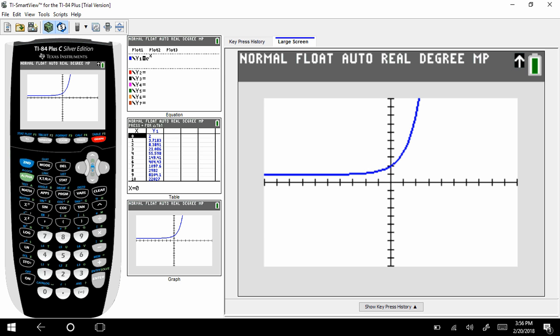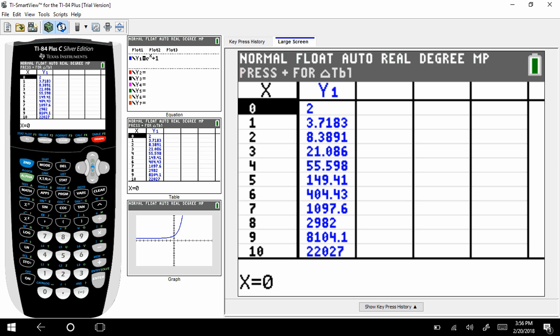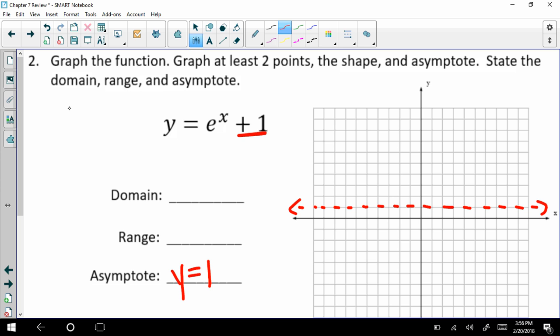So let's get a couple values to graph. So we have (0, 2) and (1, 3.7). So I'm going to graph the points (0, 2) and (1, 3.7). And it's okay if one of them's a decimal. You can estimate that like I'm going to. So (0, 2), and then 3.7 is about right there. And then as we saw, the shape